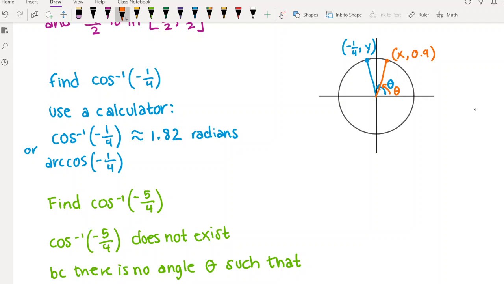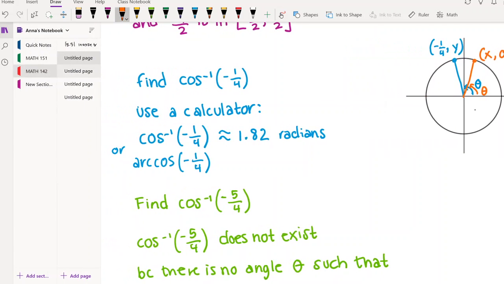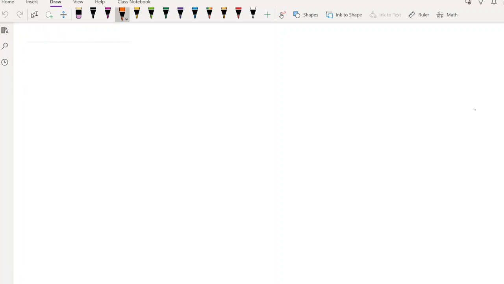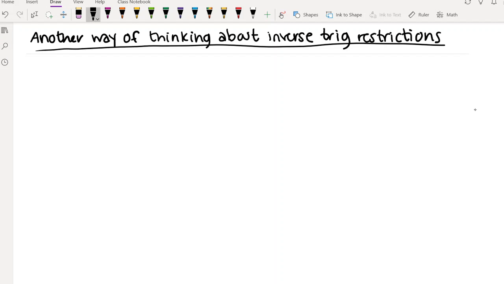Okay, so I want to talk about another way of thinking about these domain restrictions, and we're going to do that by looking at what the graphs of these functions look like. So the other way that we can think about this is if you go back to 141, remember that we talked about how a function can only have an inverse if it's 1-to-1. So remember